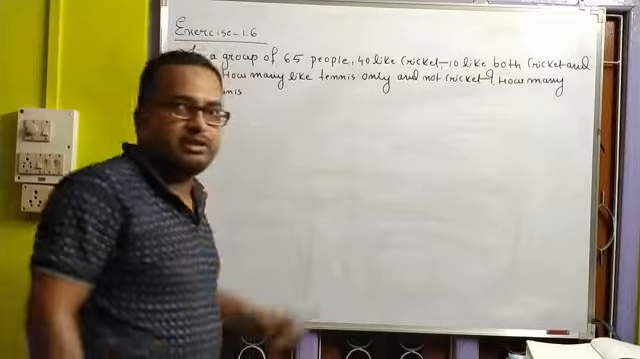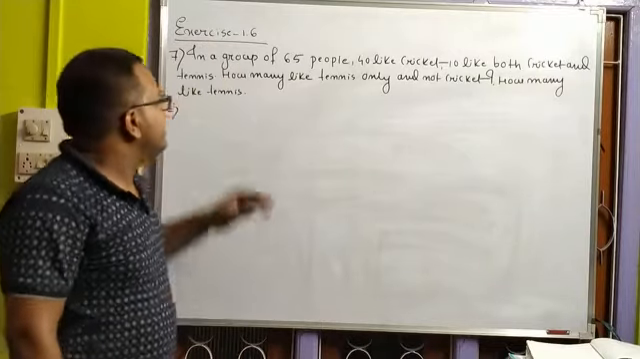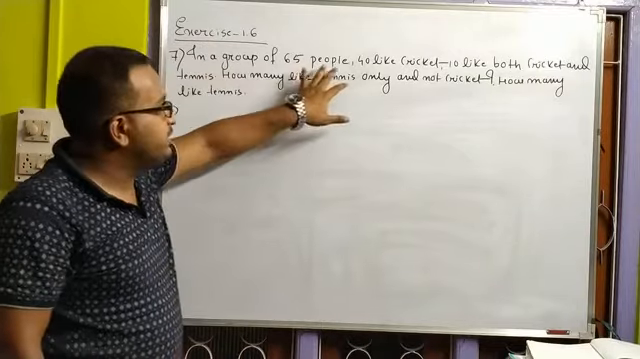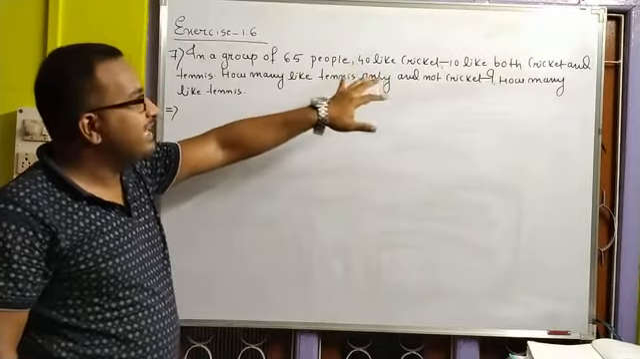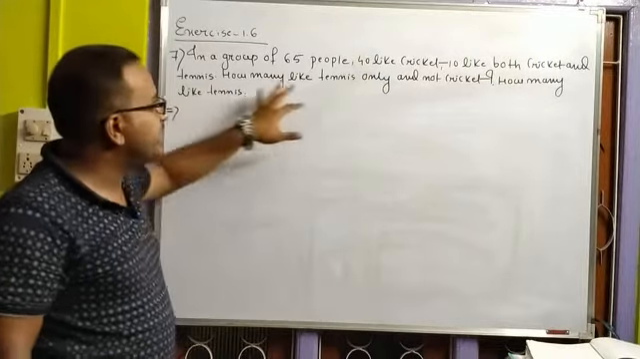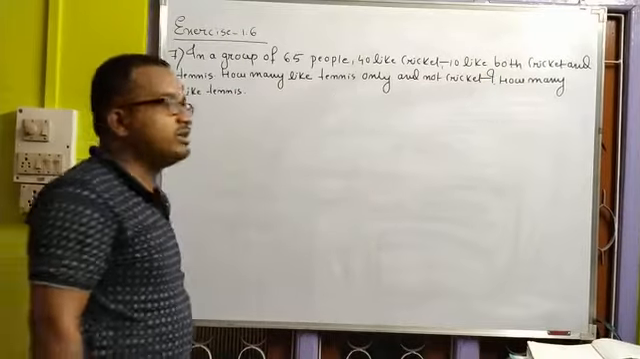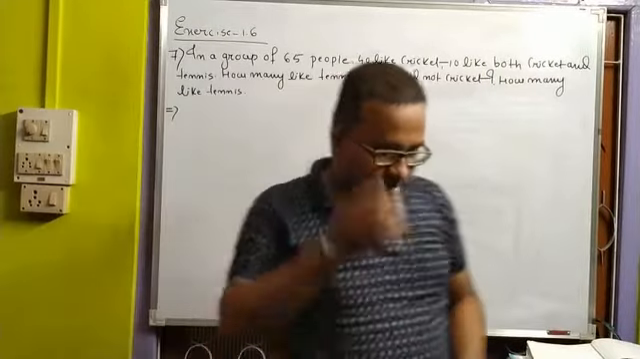So this is your problem number 7. The problem is, in a group of 65 people, 40 like cricket, 10 like both cricket and tennis. How many like tennis only and not cricket? This is very important. ध्यान से देखो